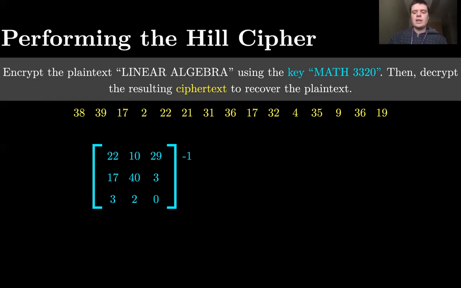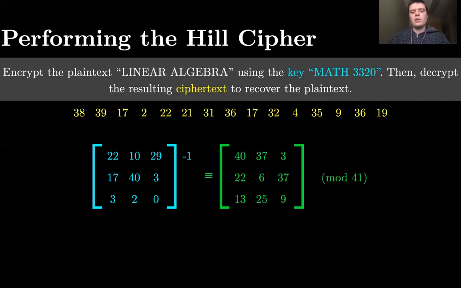You can use the same row reduction of an augmented matrix in order to find the inverse of a matrix in a modulus. However, we have to make some slight modifications to our row changing operations to account for the fact that it's a modular inverse. Now, this is quite tedious to perform by hand, so I'm just going to skip to the result, which is